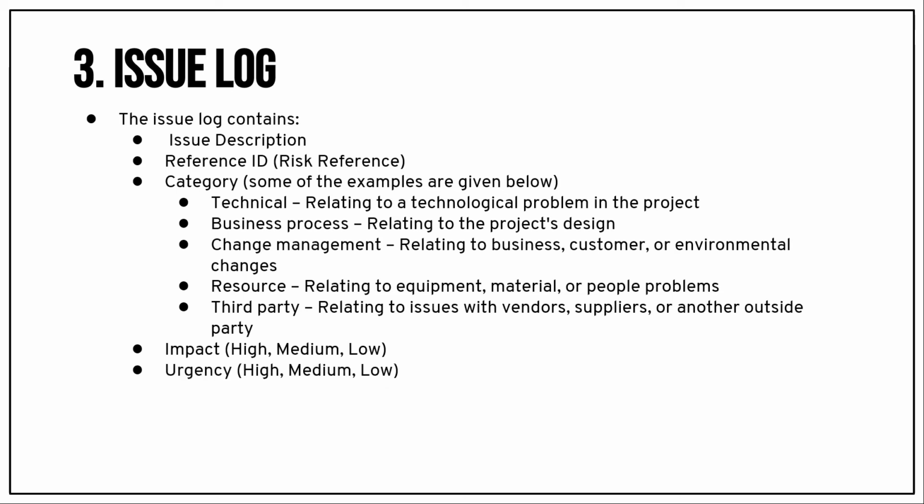So what is the impact of the issue, like how the issue is impacting our project? High, medium, low. And urgency, high, medium, low. And responsible party, who is responsible for the issue. The project manager will be responsible, but the issue will be assigned to some other person. For example, HR will be working on identifying the replacement for the resource, but the project manager is responsible for that project. So what is the action taken and what is the current status? In progress or closed, like that. And what is the due date?